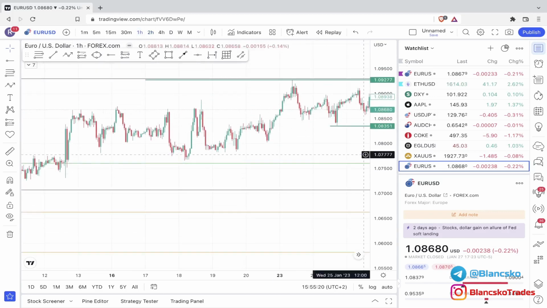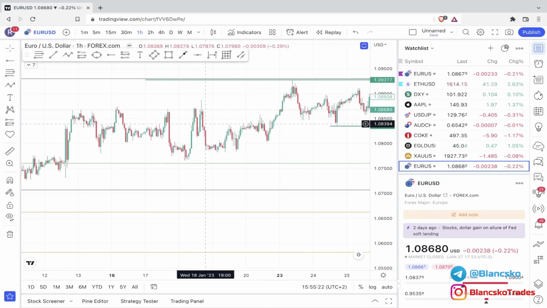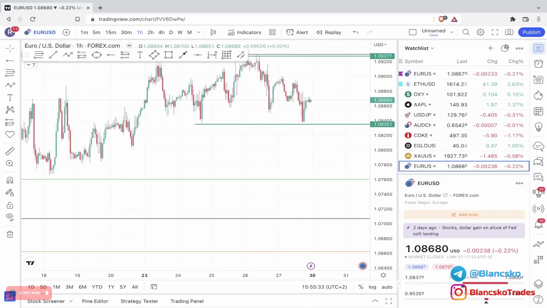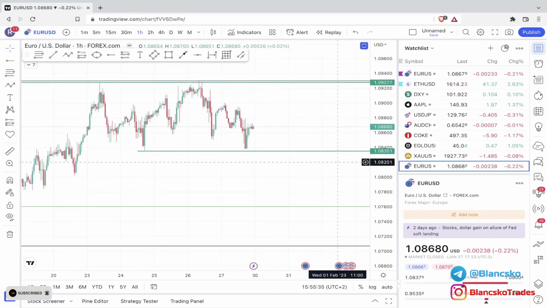If we go on the 1 hour, let's see if the 1 hour tells us the exact same story. So we had a higher high here, higher low here, and then we broke this high here. We came back here, and then we broke again. So on the H1, we pretty much have the same exact story. So to be honest,